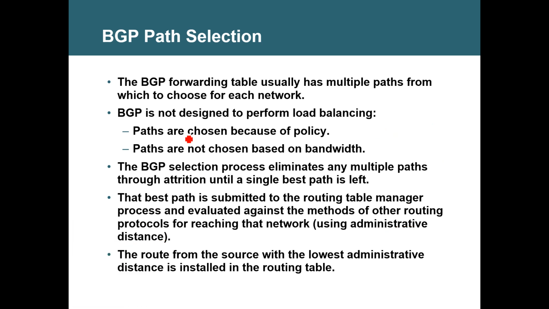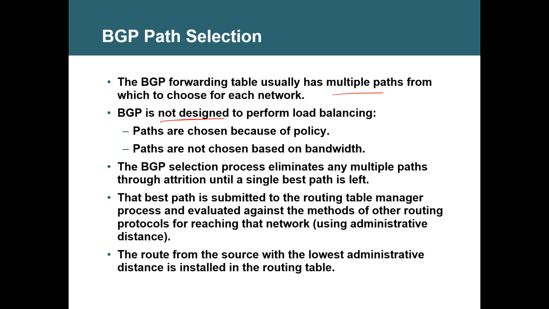Secondly, BGP is not designed for use within an autonomous system. Within an autonomous system, it's your own autonomous system. If you have multiple paths, you want to do load sharing because they are your own links. You will have your own links with the same bandwidth, and you want multiple paths when the path cost is the same. But that's not the case between autonomous systems. You may have multi-homing, but you will not have the same bandwidth with ISP1 and ISP2.